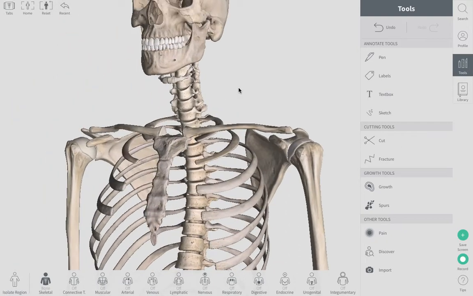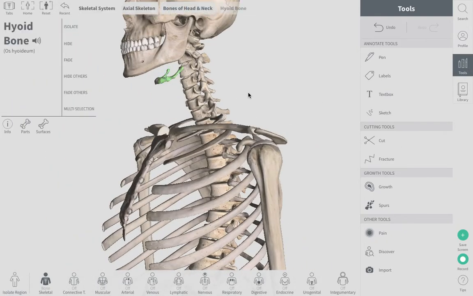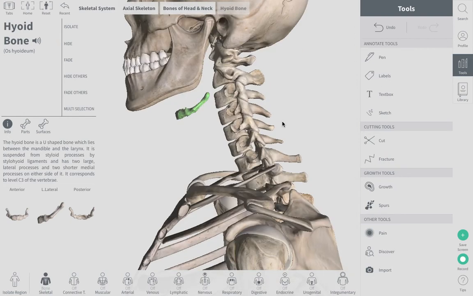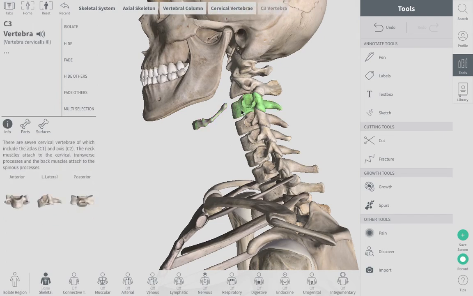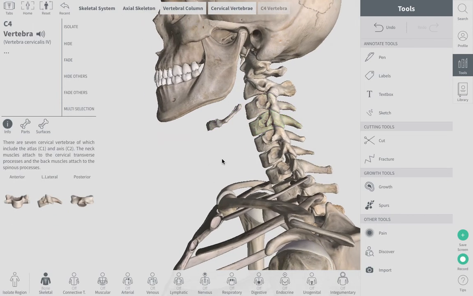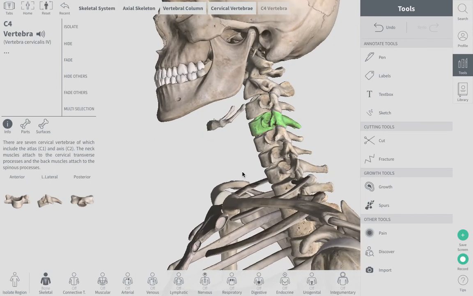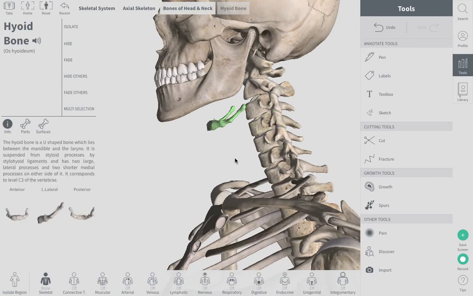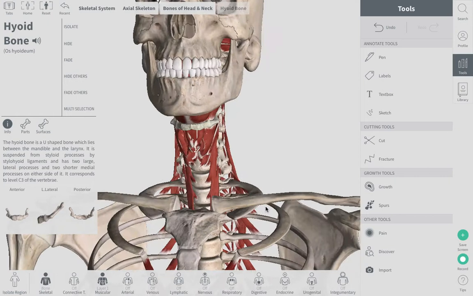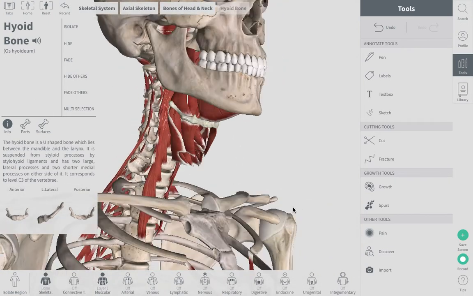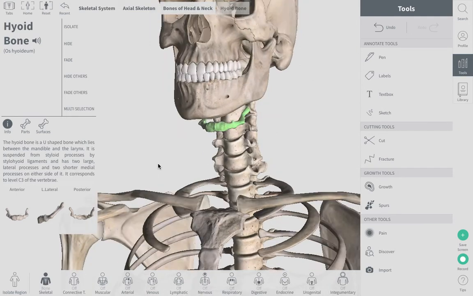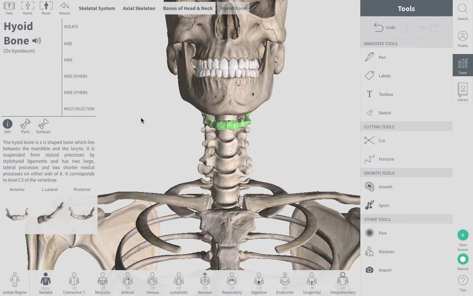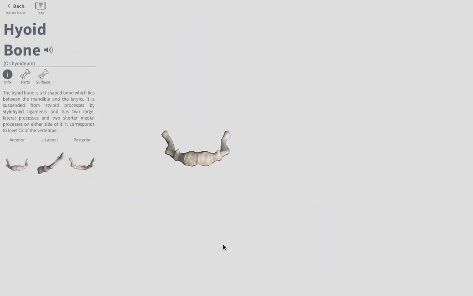There's not much to know about the hyoid bone, which is nice. It's going to be this kind of floating bone that will be in front of C3, C4, to give you an idea of where it is. And it is held in its spot by quite a few muscles. So here's an anterior view, and if we isolate it,